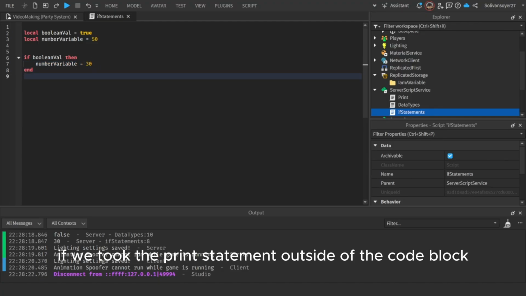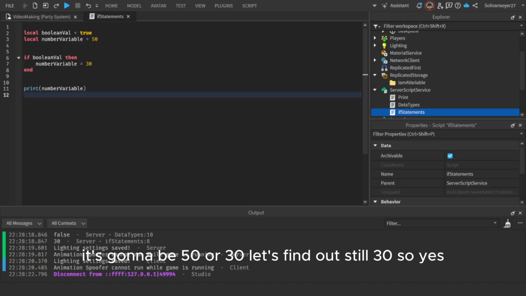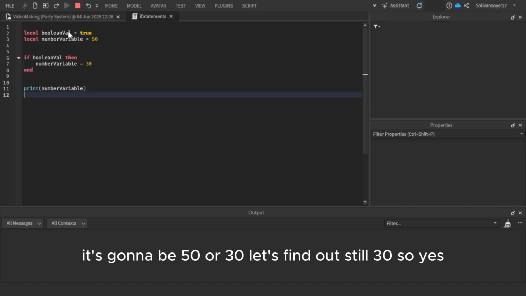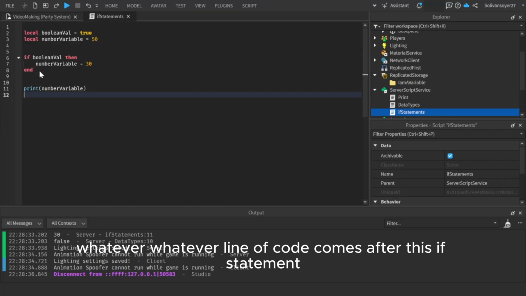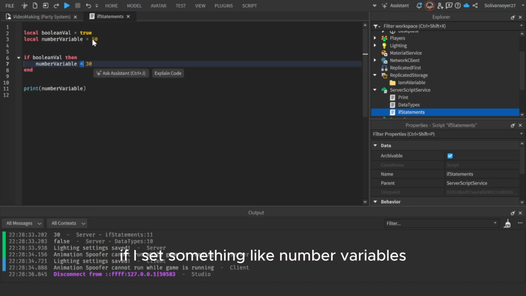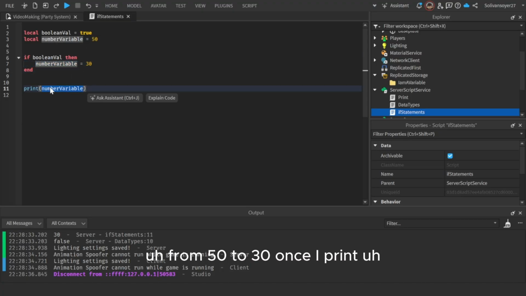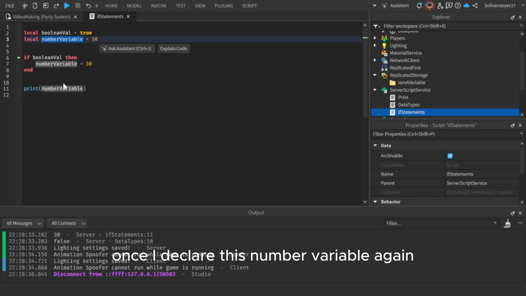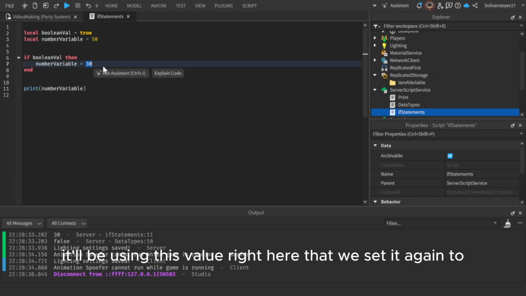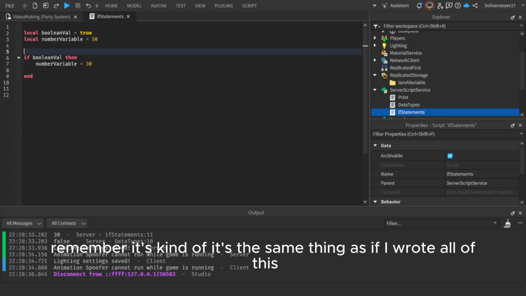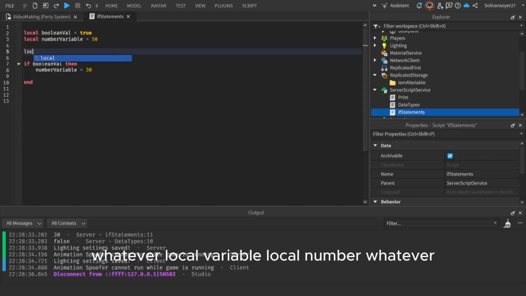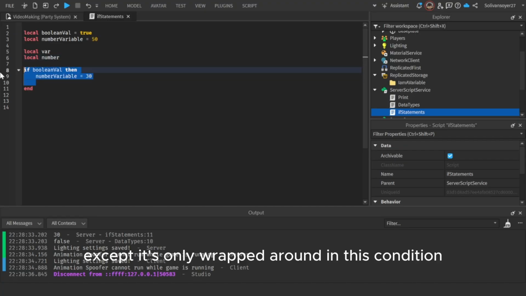However, if we took the print statement outside of the code block, what do you guys think it's going to be? Is it going to be 50 or 30? Let's find out. Still 30. So yes, whatever line of code comes after this if statement, if I set something like number variable from 50 to 30, once I declare this number variable again, it'll be using this value right here that we set it again to. Because the if statement, remember, it's the same thing as if I wrote all of these codes, whatever, local variable, local number, whatever, except it's only wrapped around in this condition,